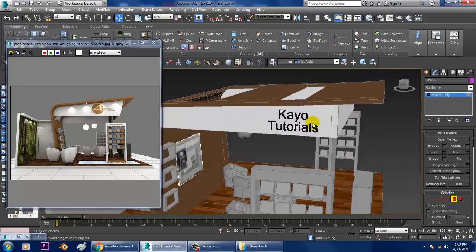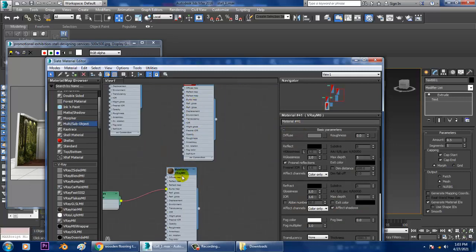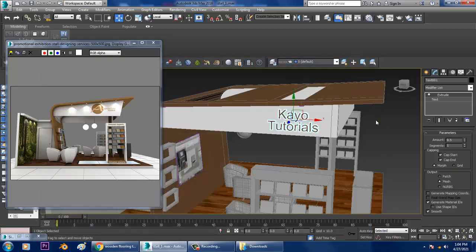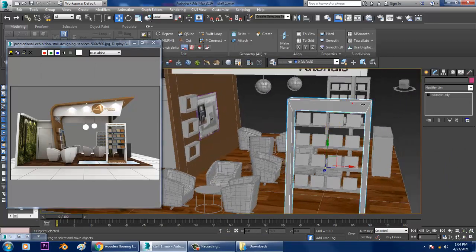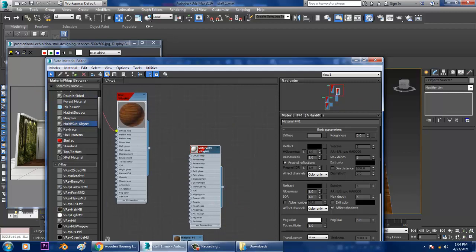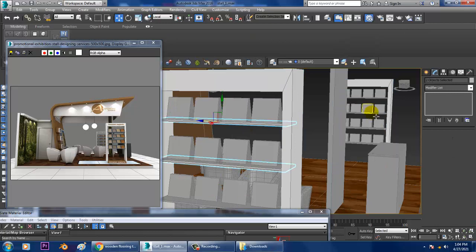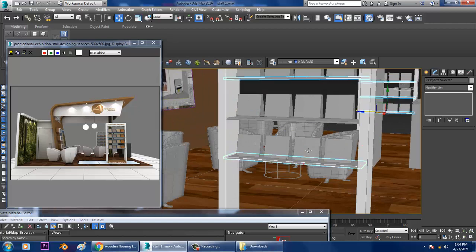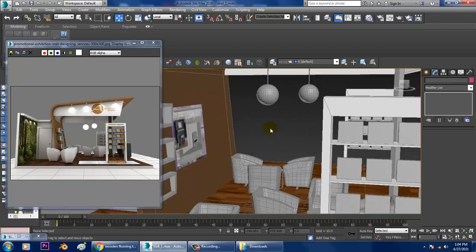After that, let's select this and assign the same color on it. Save your file over here. After that, a few of the things will have the same texture like this. This one will also have the same color. So let's select that and assign the same texture. Select this and this.